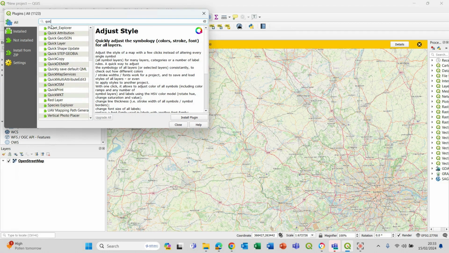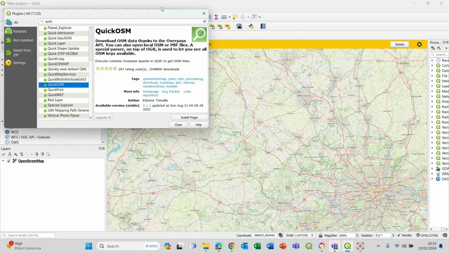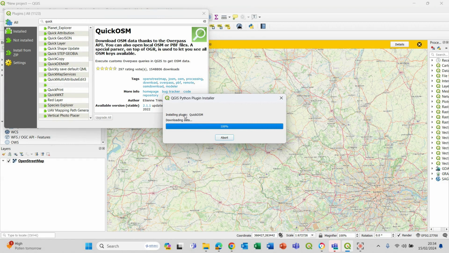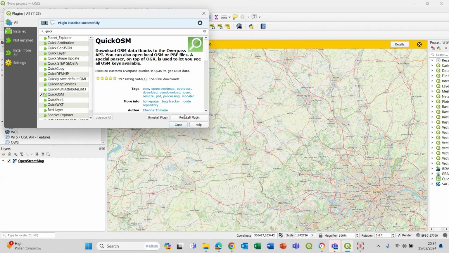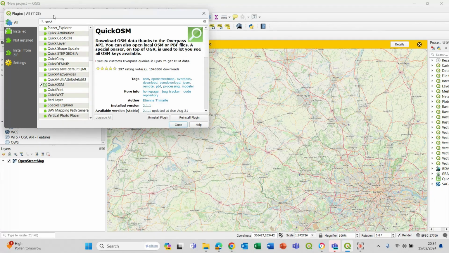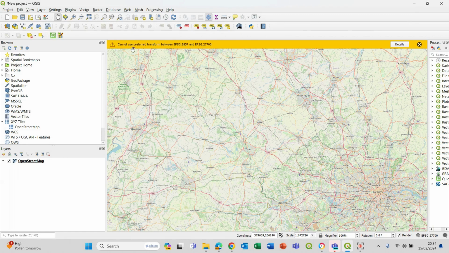Start typing QuickOSM and you can find the plugin, which is right here. Hit install and the plugin should be in your QGIS software straight away. If the plugin is installed successfully, you will see the comment here. Let's close the window down, and the plugin appears as an icon here. This magnifying glass on the greenish background means that the plugin has been assigned to this bar and you can simply